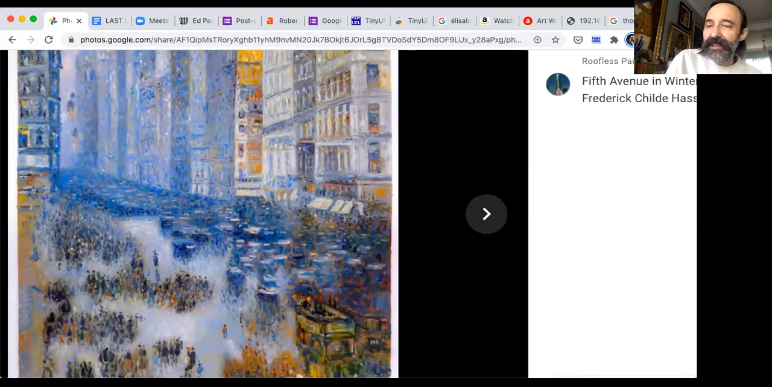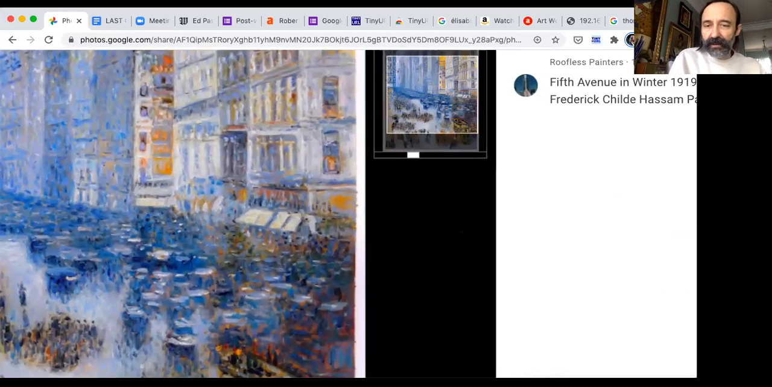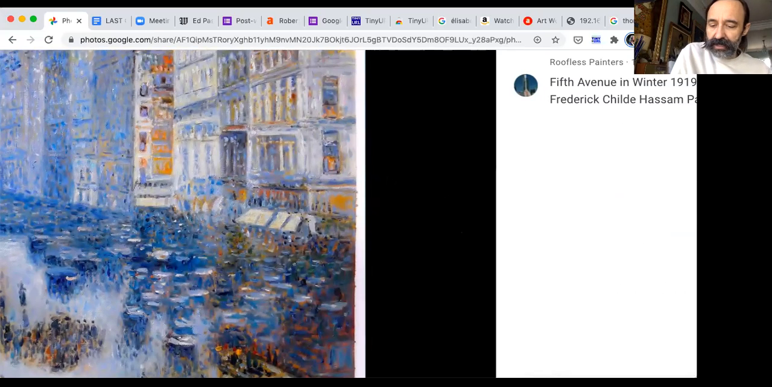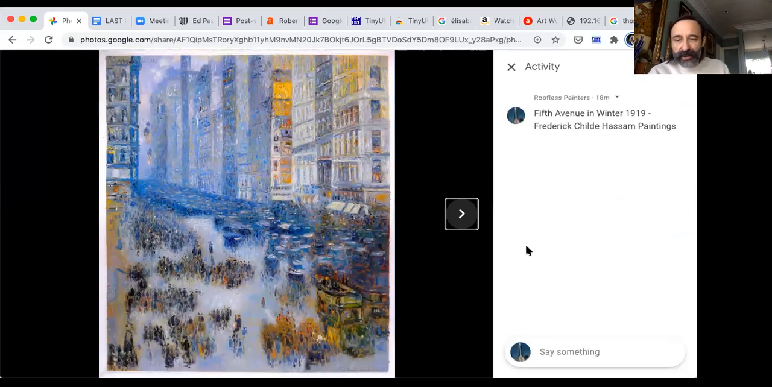This is a painting by an American. Oops, let me see if I can. Oh, sorry. I never know how to pronounce his name. Frederick Childe Hassam, and he's an incredibly famous painter because one of his paintings, I think, sits in the Oval Office, unless the current